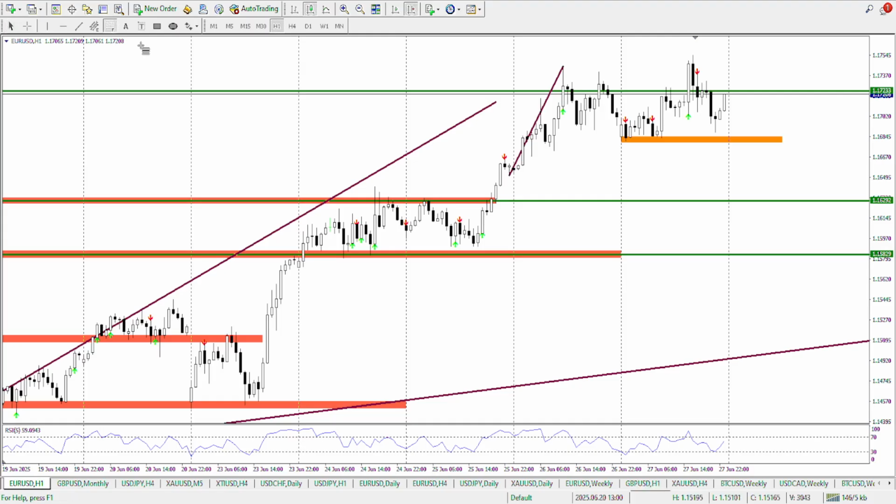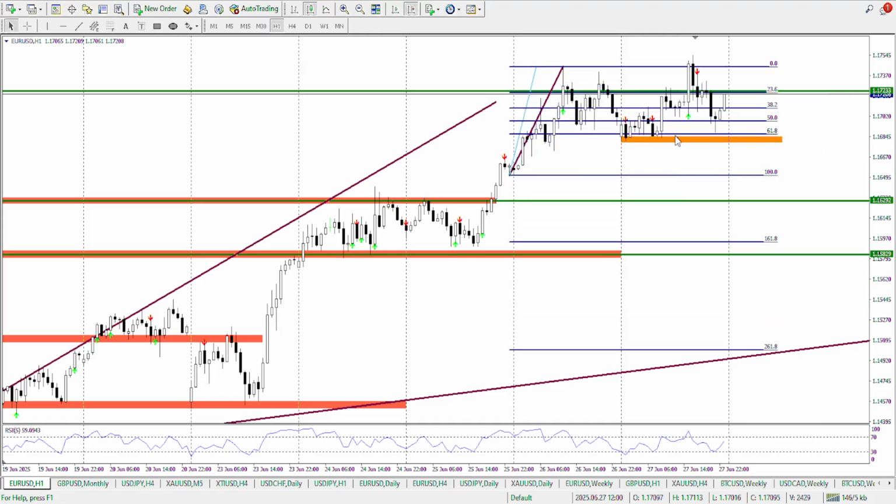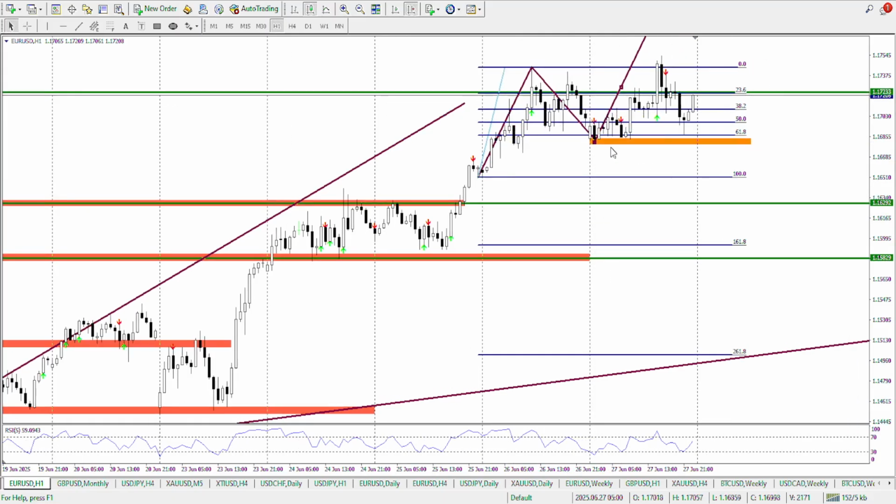So this is it. Let me draw the Fibonacci as well, and yes, 61.8% retracement. What I usually do is clone this wave, paste it here, and complete it like this. So this is the recent first impulsive wave, this is the correction, and this is the tradable wave. Right now, on Friday I have seen very good bulls right here,